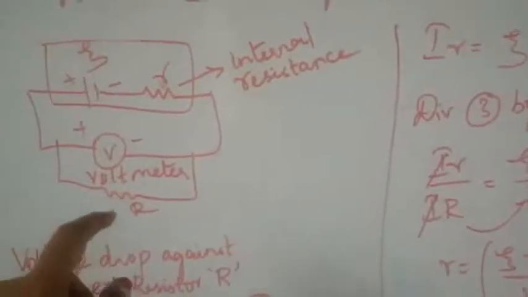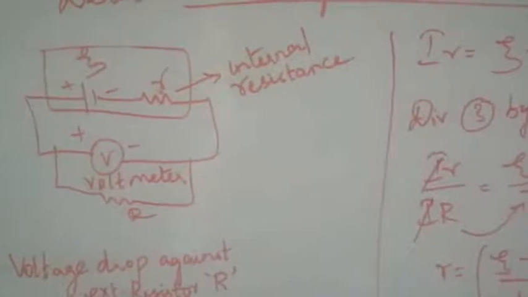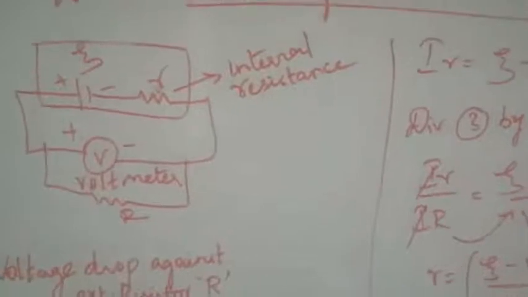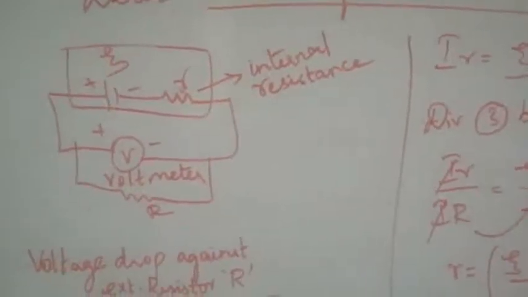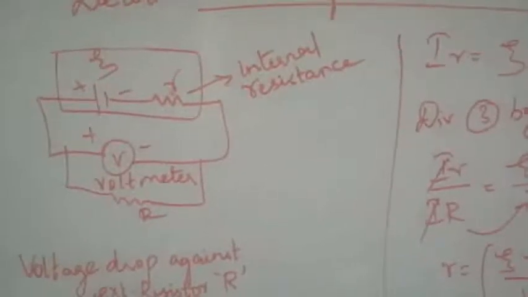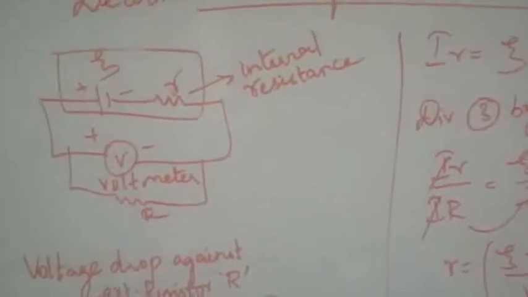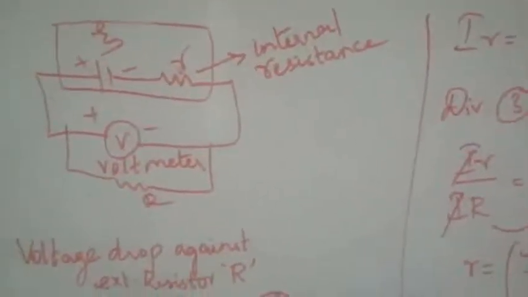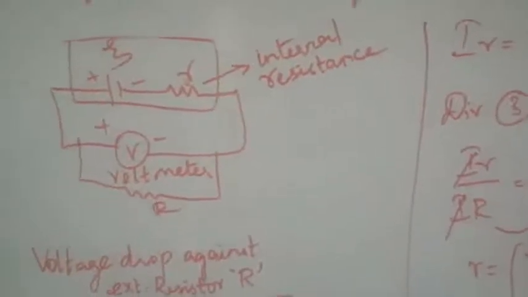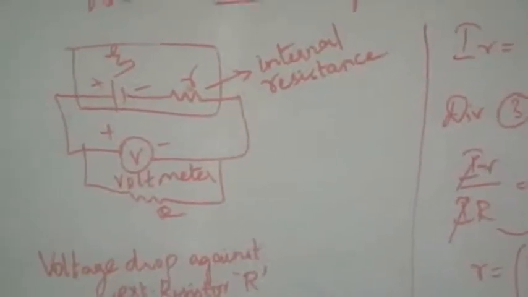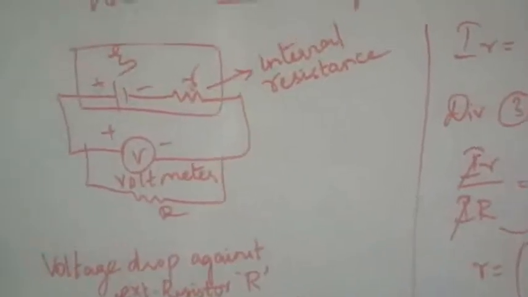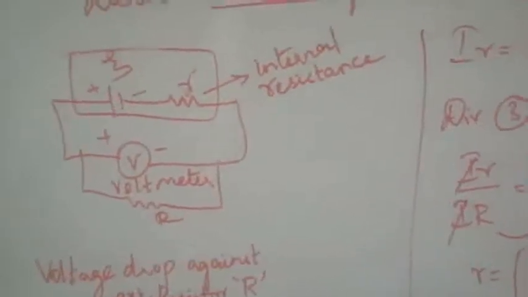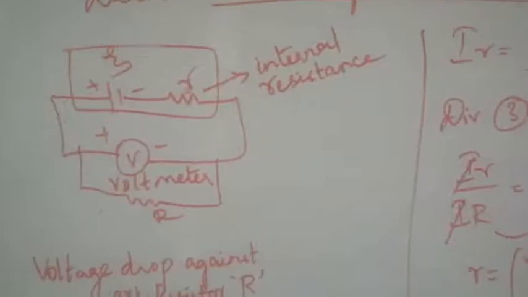So when you check the voltage with the voltmeter, the reading will give the EMF of the battery, because we know that the voltage of the battery is nothing but the EMF when the battery is not connected to any circuit. The voltmeter is considered as an open circuit, so no current will be flowing due to this battery. Then the reading will give you the full EMF value.